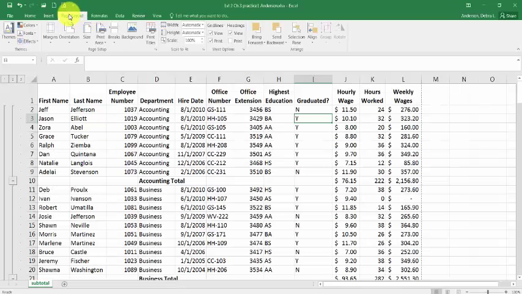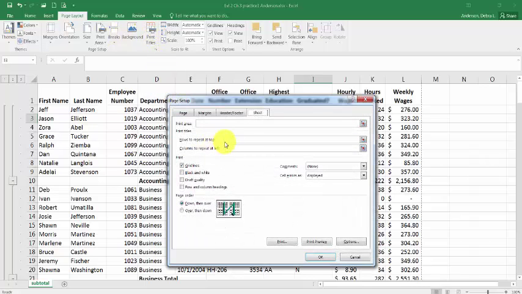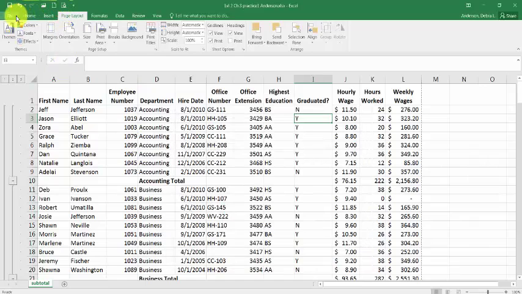Notice though, there's no heading, so you still need to turn on print titles because Excel won't do that for you. So now I'm going to go back to the page layout tab, go to print titles, and I want to print row 1 at the top of every page, and I want to print column A and B at the left side of every page. Hit OK. Now if I go back to print preview,